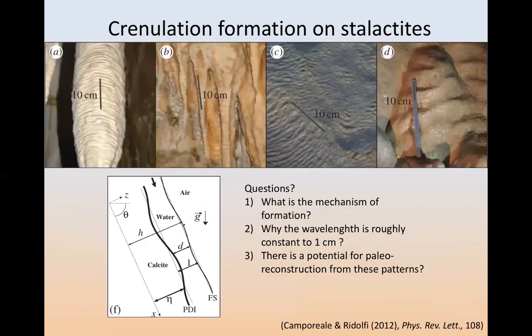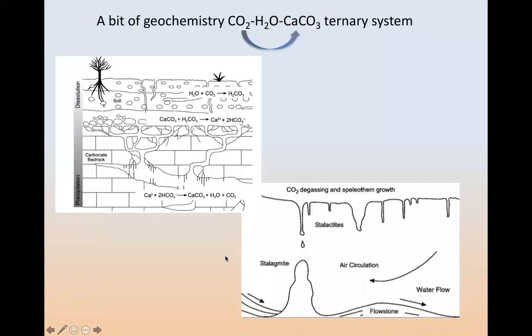And also in this case, in the case of crenulation formation of stalactites, the open questions when I faced the problem for the first time in 2012 were: what is the mechanism of formation, why is the wavelength roughly constant, at roughly 1 centimeter, and is there potential for paleo reconstruction from these patterns. The approach is very similar, but here we are in the realm of geochemistry, so we have to manage a ternary system: CO2, water, and